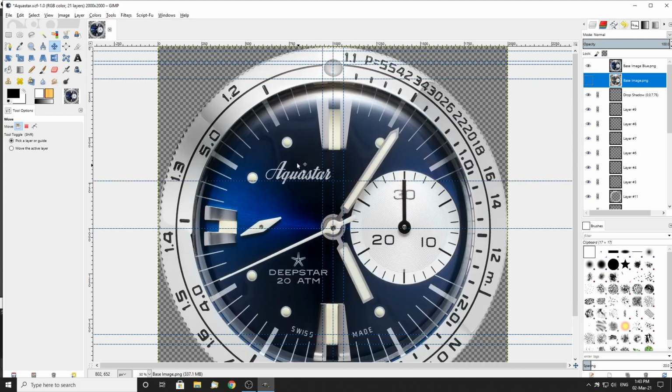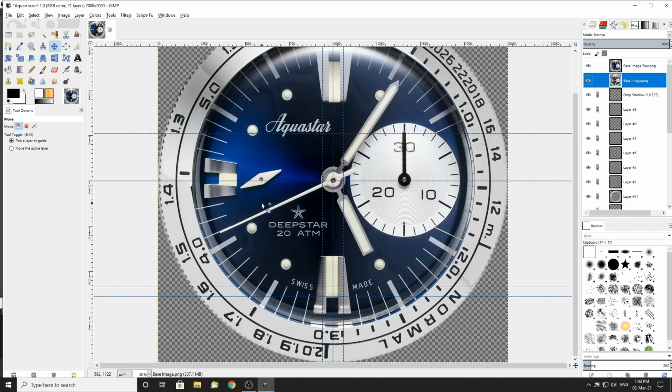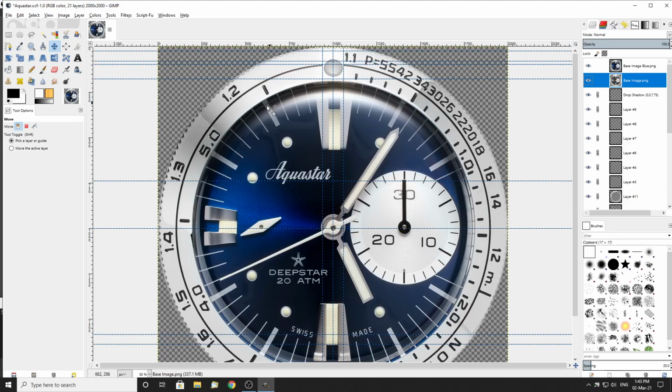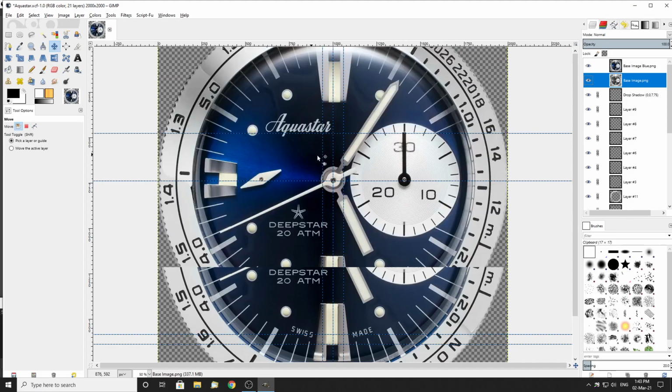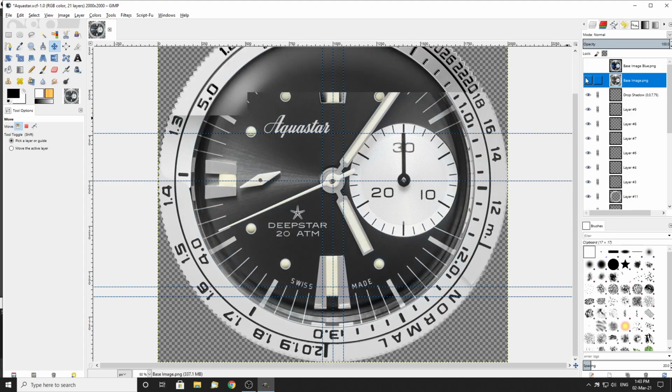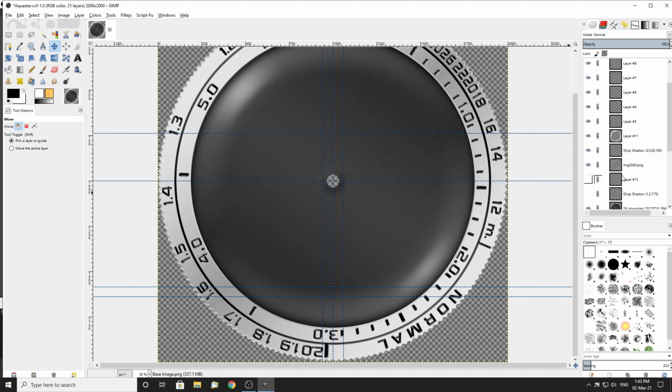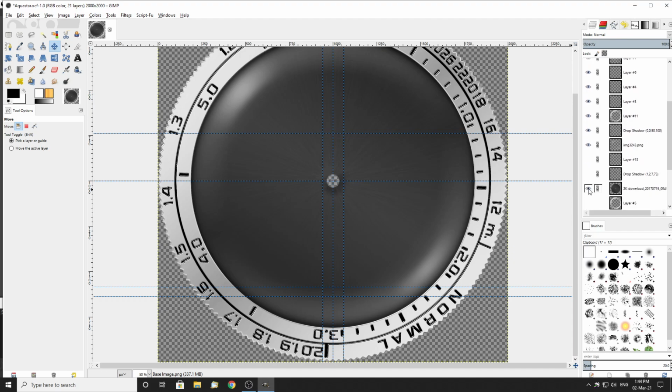I've also got a blue base image. That's the black one I've been working off. Blue's got a little bit more detail I stumbled across. I've seen a few different angles of this. It's a very bulbous type crystal on it. So I've decided to run with that. And this background here is purely,